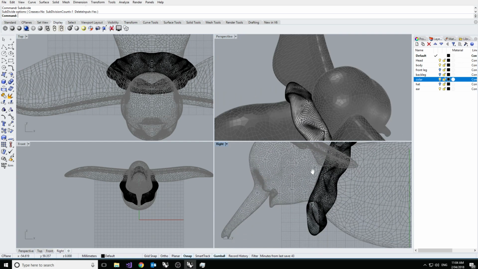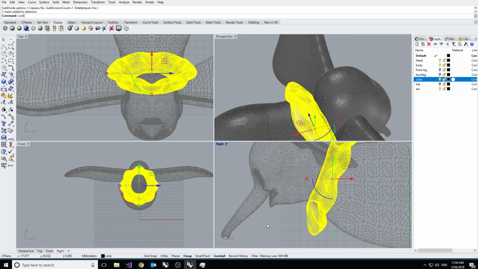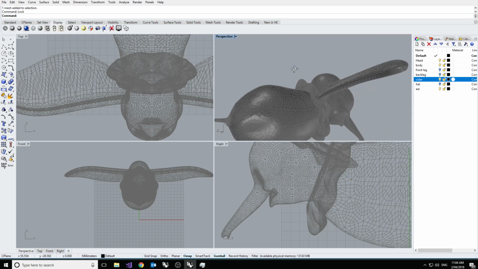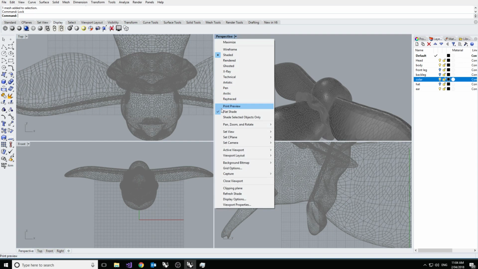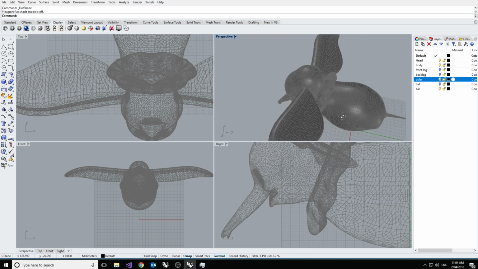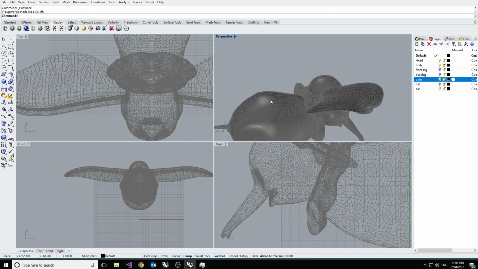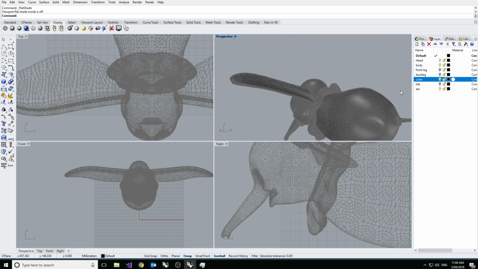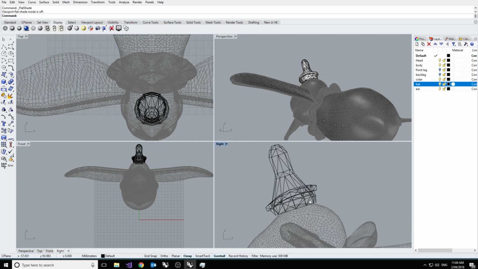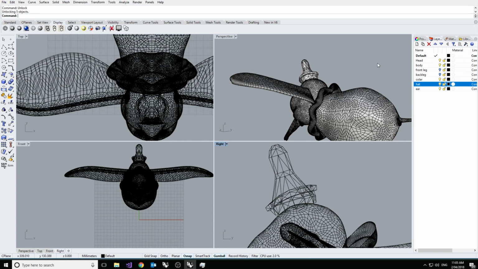Let's have a look. I'm going to lock the two. So far we're looking good. Alright, let's bring the legs out. Let's bring that hat out. Okay, let's examine what we have in the hat. I might unlock everything and turn off those other layers because I only want to work with